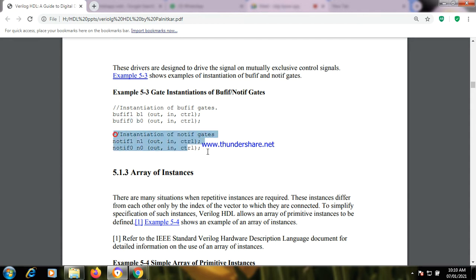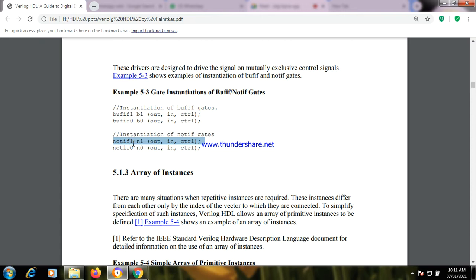Then what about this one? Instantiation of not if gates, right? So what happens is, check the first sentence. Not if 1, n1 out in control, means control input is 1 here.